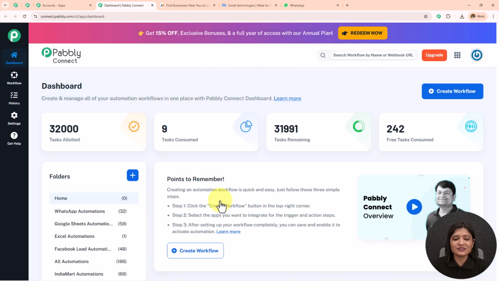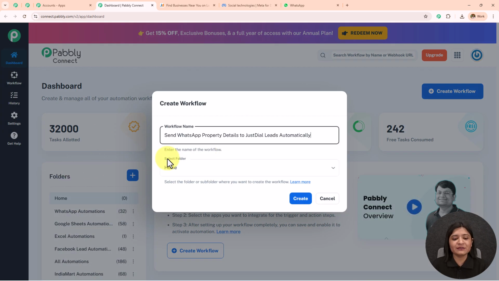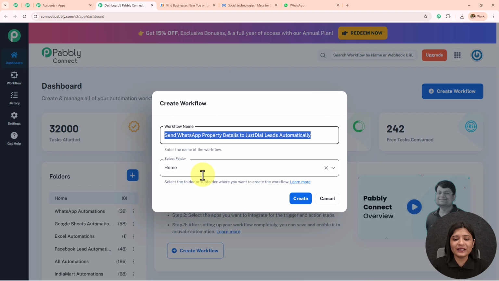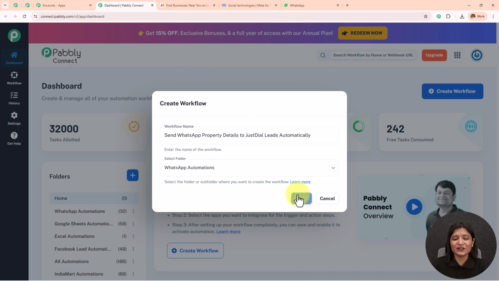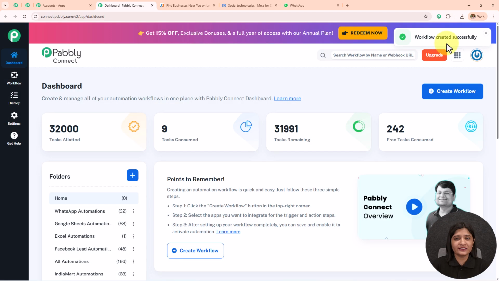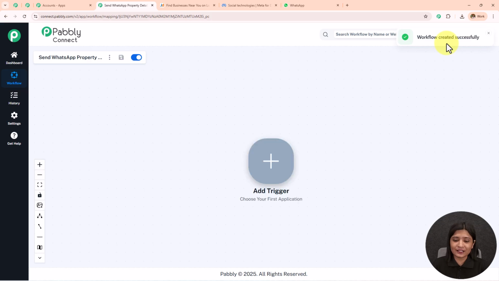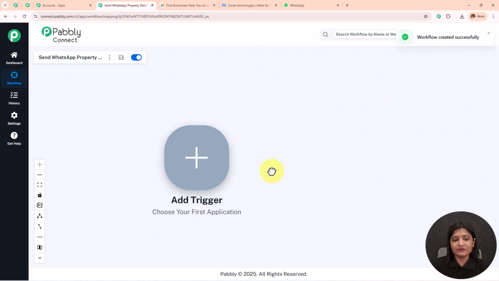I am going to select this new beta, and then I'm going to name this as send WhatsApp property details to JustDial leads automatically, and now I need to select my folder. So these are the folders which have been created. I am going to select it as WhatsApp automations and then click on create. Here workflow created successfully. Now as soon as I click on create, this box has appeared in front of me